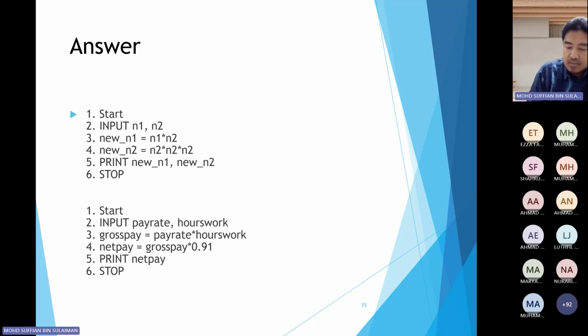Dah ada jawapan dah. Start. Input n1 and n2. It is good if you can put the step of declaration of variable n1 and n2, as might be the integer or double. And then the formula of